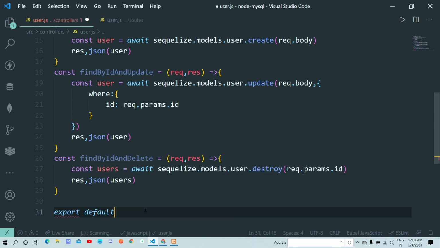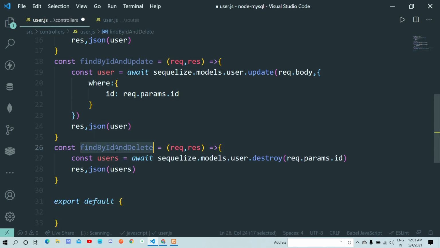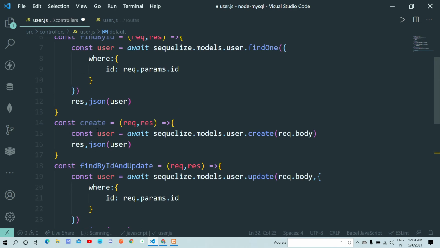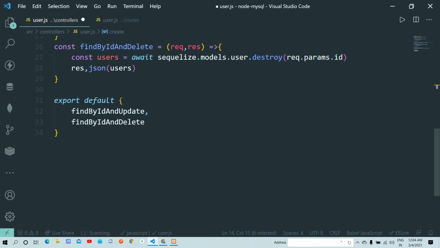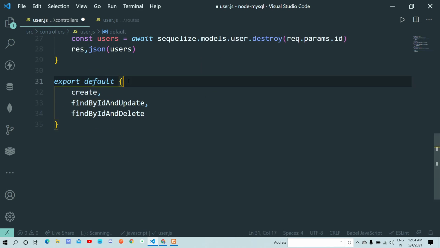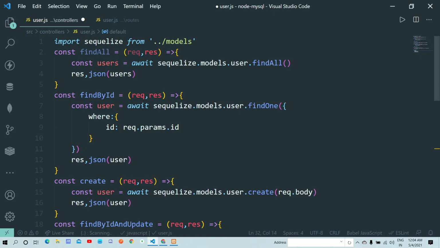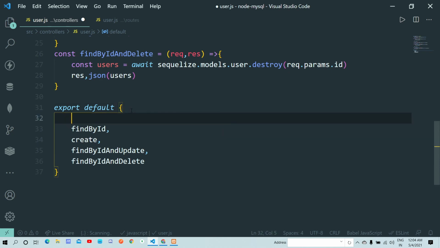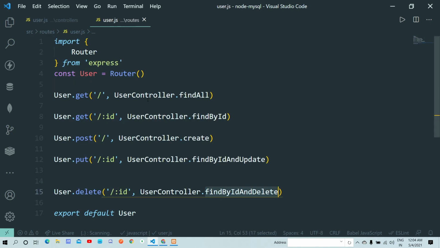Export default, and the object will contain all the variable names like this, and create again. I don't know the names properly. That's why I always use copy paste. There's nothing bad in doing this, because it makes sense to not make more mistakes. This is always better. And once we do this, then the user controller will be available to use, and we'll grab